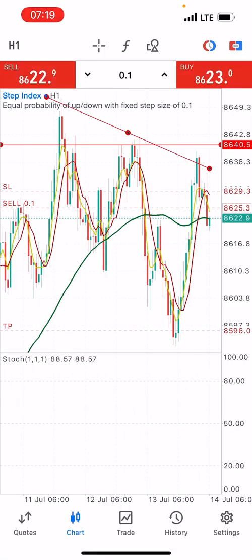We just need the levels, which are the 80, 50, and 20, so that we'll be able to identify our overbought and oversold level. So that's just the reason for the stochastic oscillator. Then lastly, we'll be getting the Ichimoku